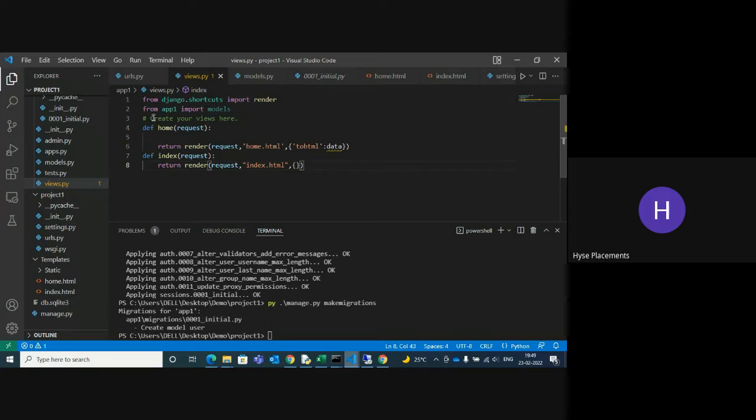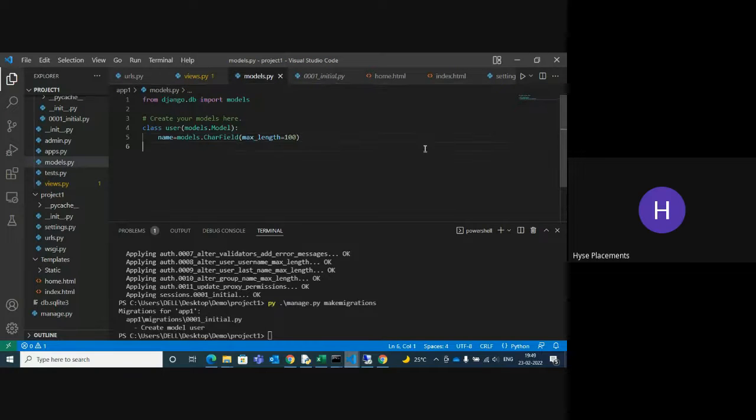Okay, I created one model. And next you can give class Meta, because by default it takes the app name as the table name. I can give one class or function name.